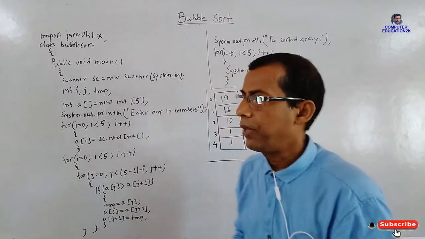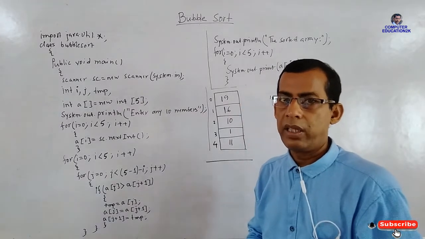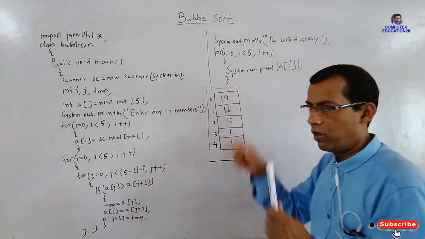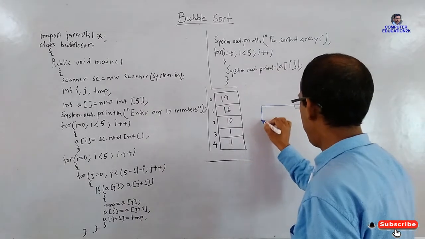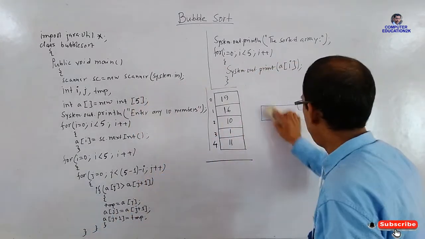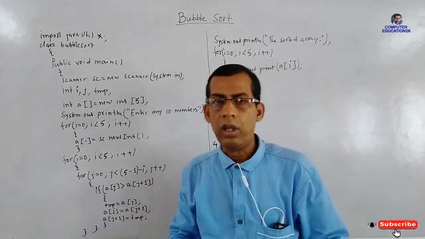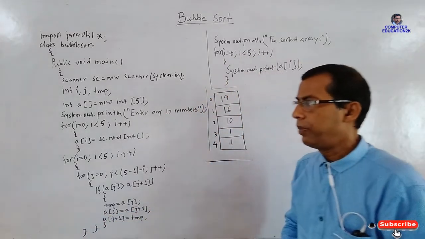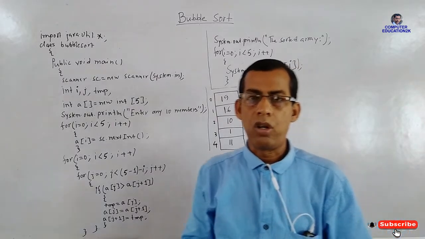I have taken here an array of 5 cells, and in the 5 cells there are 5 numbers. I have drawn the array in vertical order. You can also draw the array this way, or this way. But here we have drawn the array in vertical order so that you will understand it better. So let me discuss the technique in which a vowel sort works.